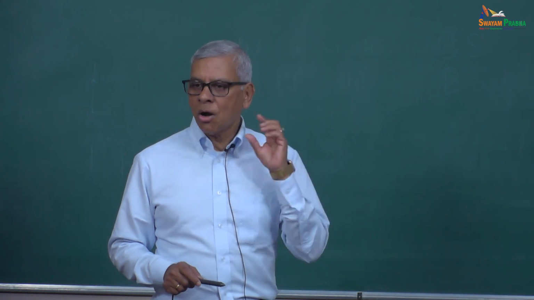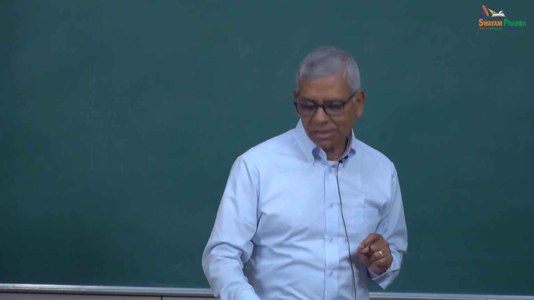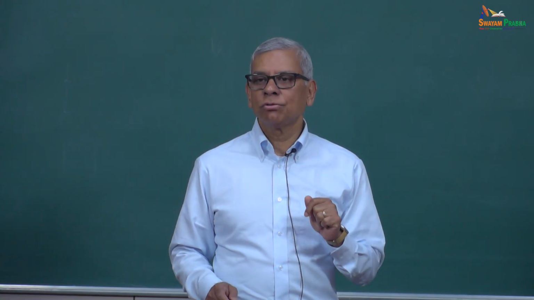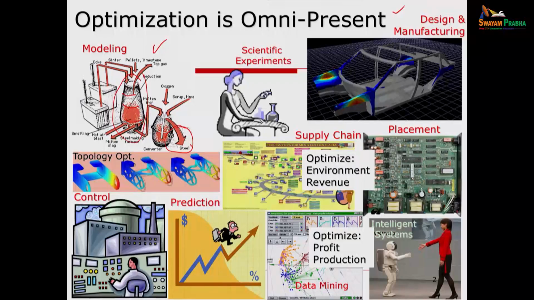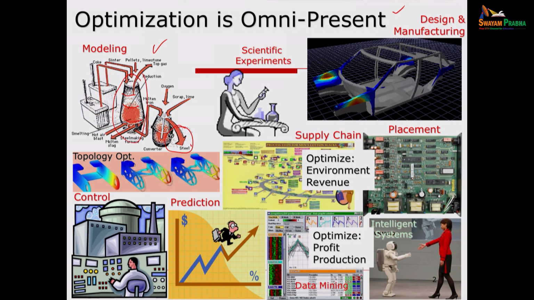So that modeling optimization is a big thing, which means the model has some parameters, and you want to find the best parameter setting that's going to fit the data. Then there is design and manufacturing, where you can see lots of parameters, right? The angles, the thicknesses, the materials, and everything. As I said, there could easily be 400 to 500 parameters there. If you give me a value for each, I can manufacture it. So what values shall I use so that it's the lightest weight design, where the weight of the whole car is the smallest,